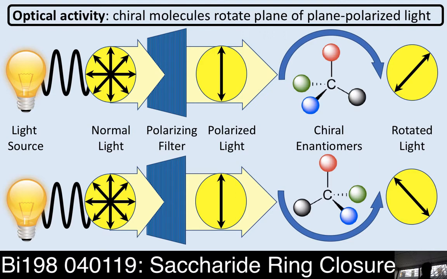Light is a wave, right? And that wave is more like, I think of it almost like beads on a chain. The wave isn't going just up and down, it's going side to side and in all directions along the ray of light. You can take regular normal light and pass it through a polarizing filter, and that's what polarized sunglasses